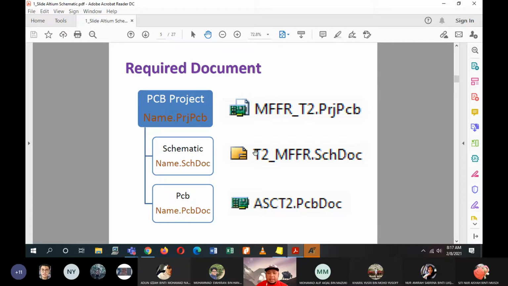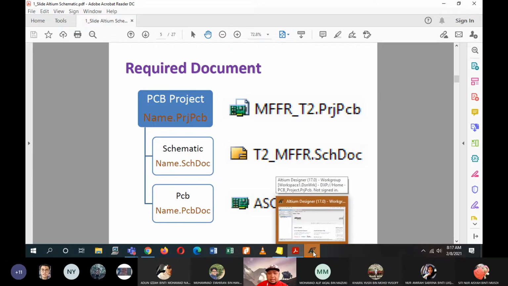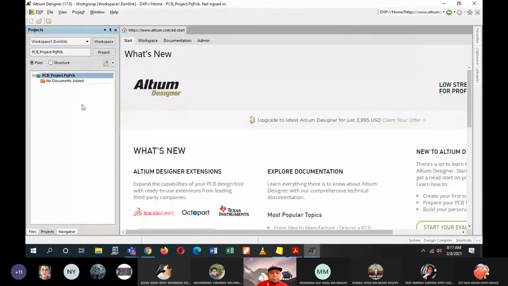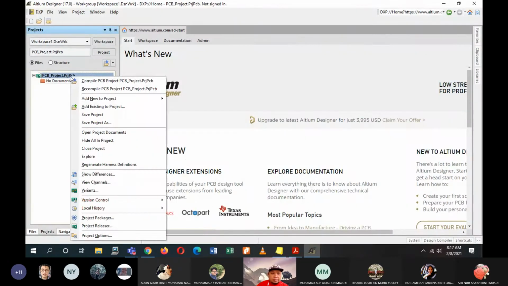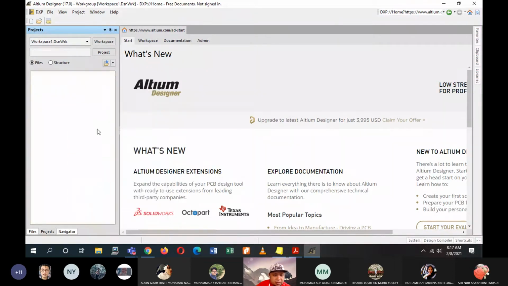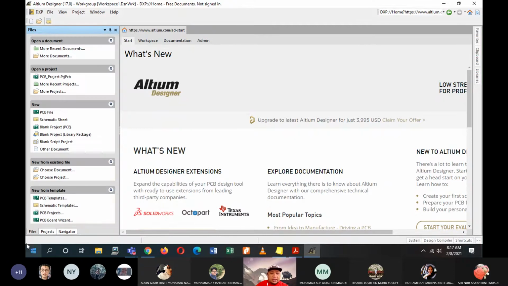The first one is .PrjPcb, the second one is .SchDoc, the third one is .PcbDoc. I'll tell you a little bit later what these 3 documents are. Okay, so this is mine. I'm removing this first. Close project.